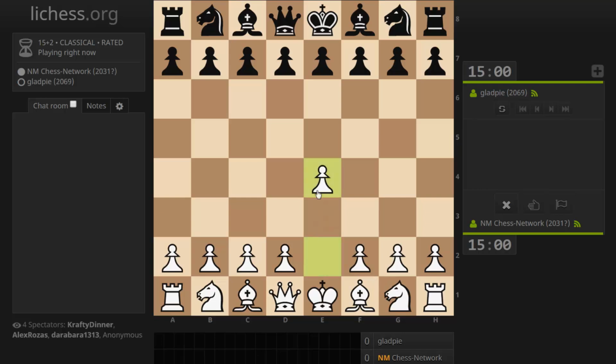Let's start out with e4. Alright, let's see what we get in this one. I was just going to say, hopefully not the Sicilian. Try and mix it up. I think the last two standard games